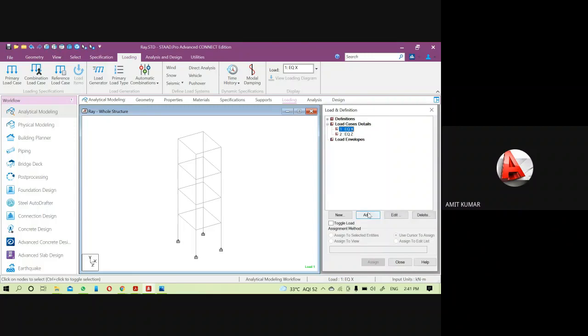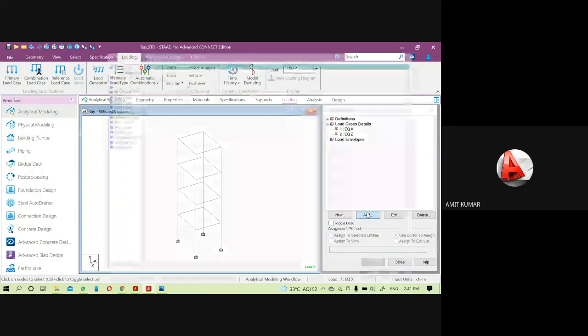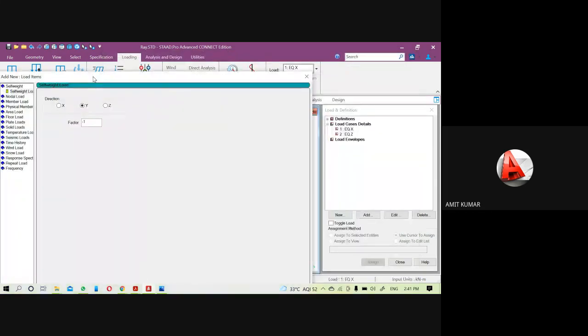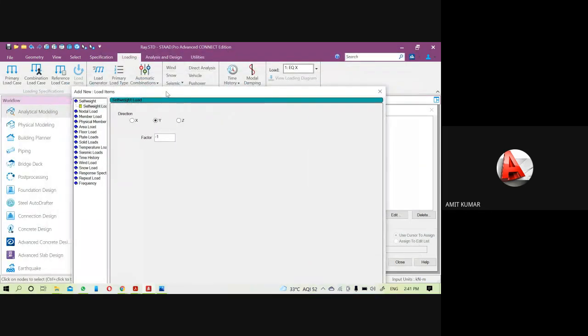Under these earthquake load cases, we have to add the structure's mass through the self weight command. Here it is along the direction x. That's why the mass of the building will work along the direction x, and the factor should be 1 here, because it is not the dead load. If it is a dead load, in that condition we will use the self weight along the y axis and the factor will be -1, but here it is the mass, so we don't need the direction. You just put the factor value 1.